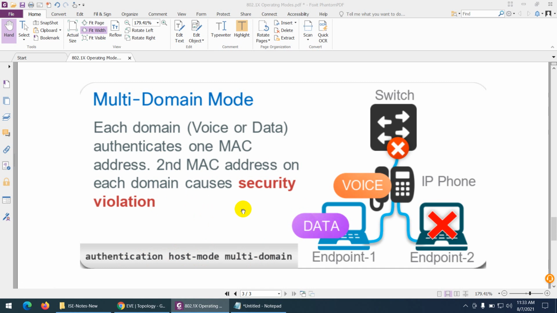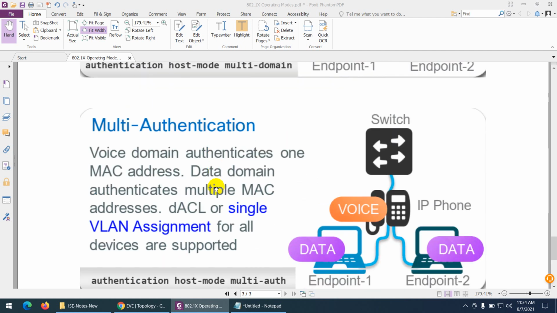If two are connected from data, again there will be a security violation. If you connect one from data and then connect another from data, it will cause the security violation. But from voice, it's okay. So this is called multi-domain, voice and data. And then we discuss